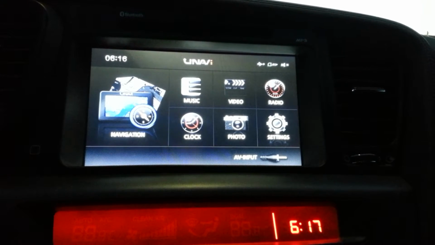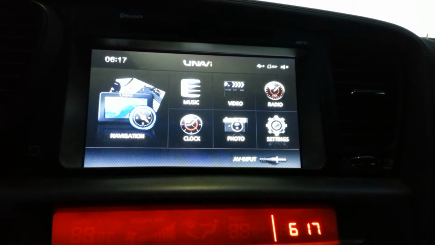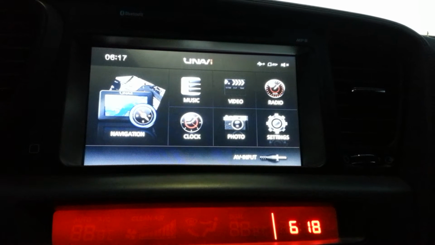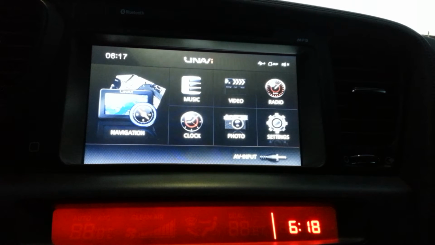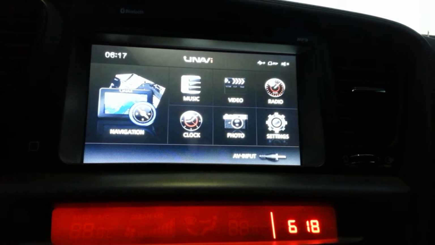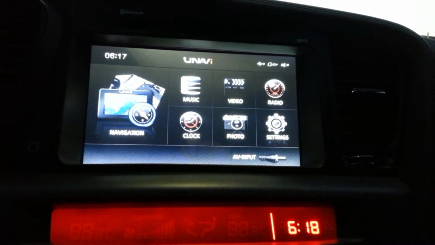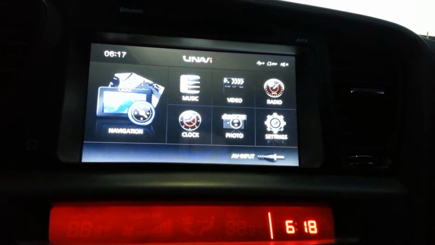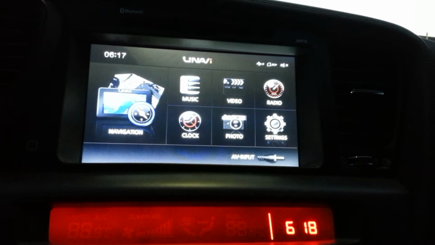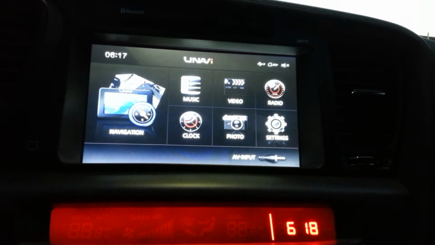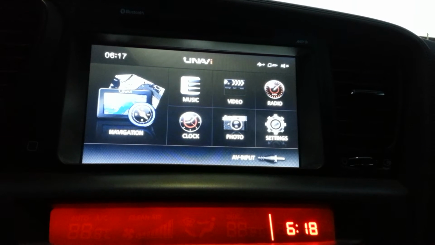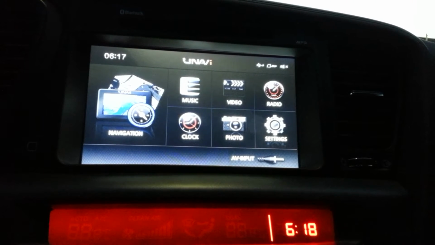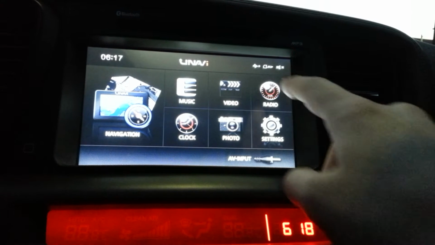UNAVI X5 OEM integrated navigation system for the Kia Optima. And in this video we're going to cover a couple different options with the main menu and some of the new UI screens that come with this new X5 unit. Obviously this has a much faster processor and more RAM, so you'll notice that the screens have a lot more fluid motion to them, a lot better setup than the previous version. So we'll go ahead and start off here with the radio